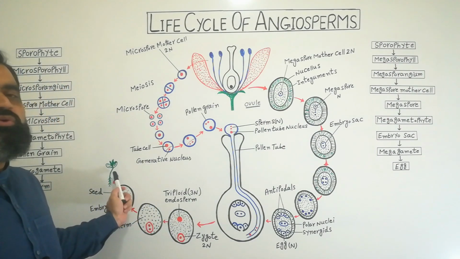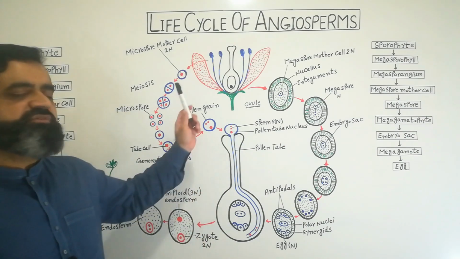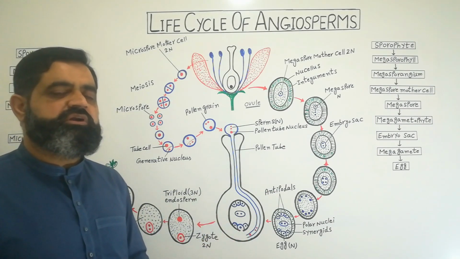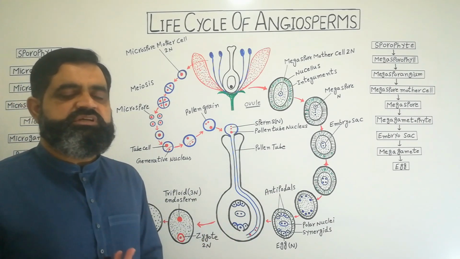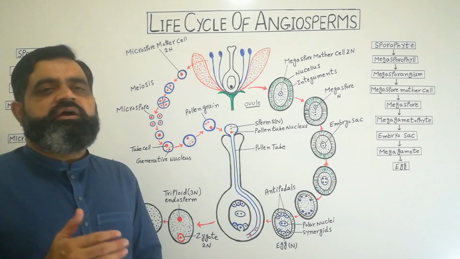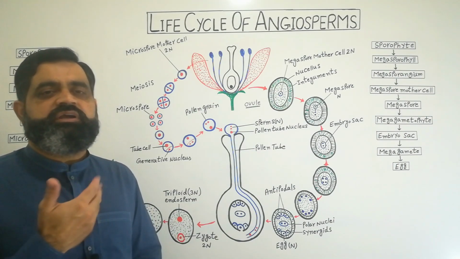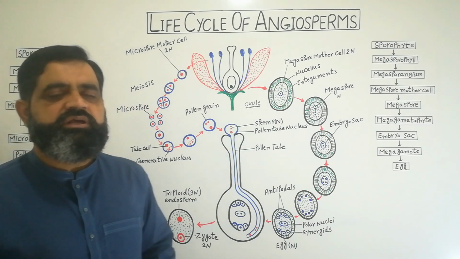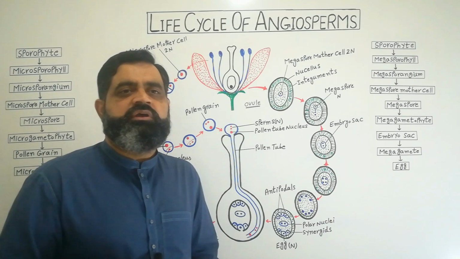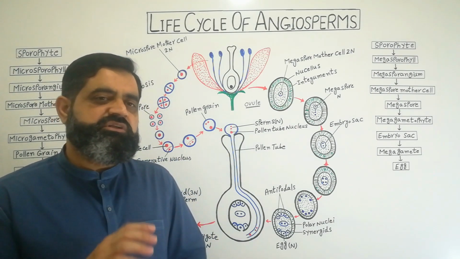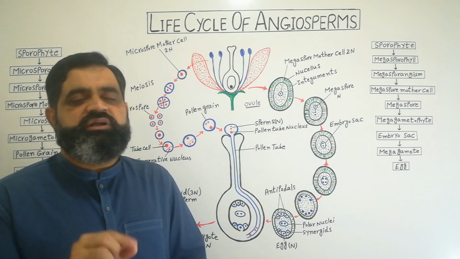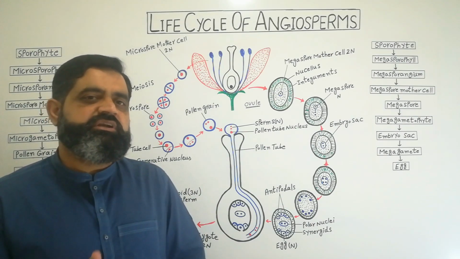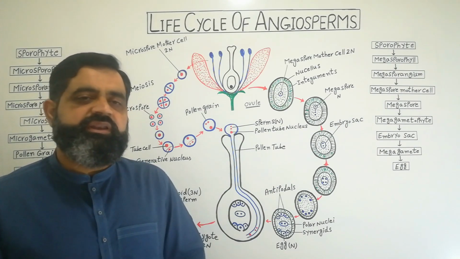This sporophyte will grow, become mature, and produce flowers. Flowers produce gametophytes, male gametophyte and female gametophyte. These gametophytes produce seeds, zygote, embryo, which is the gametophyte generation turning again into the sporophyte generation. So alternation of generations also takes place in these plants. But unlike other plants of lower levels, the gametophytic generation in angiosperms has been reduced and is very inconspicuous, while the sporophytic generation is very conspicuous and visible to the naked eye.